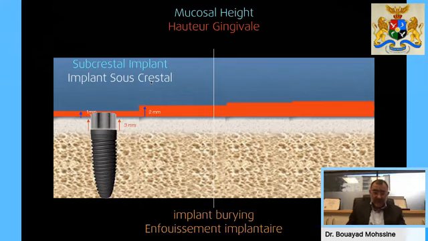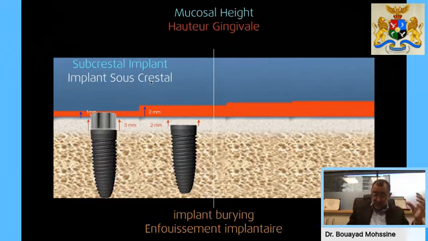When we have 2 millimeters of residual thickness of gingiva, we have to place our implant 2 millimeters into the bone. We have to preserve the stability of the connective tissue around the implant and to avoid the bone resorption